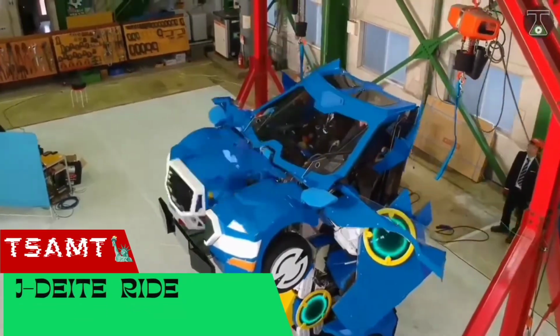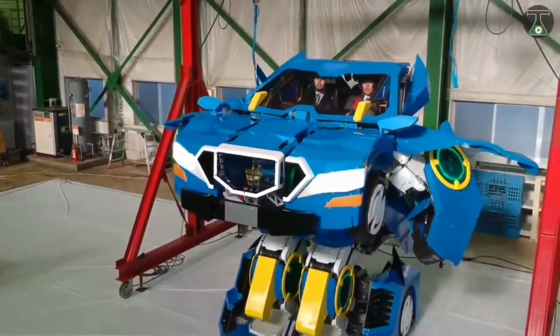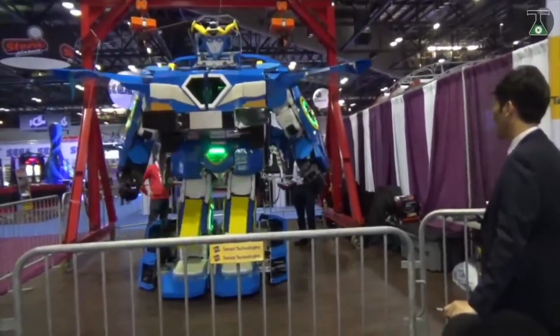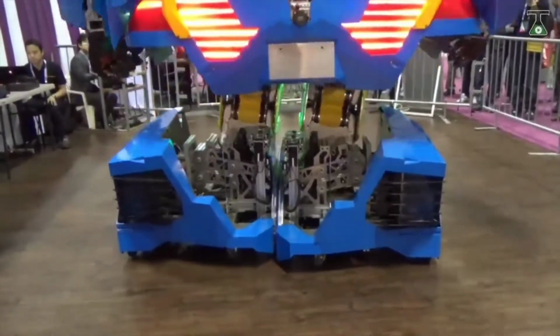The fantasy car, robot and pal you've dreamed about since childhood is real, and it's sitting under lockdown in a Japanese warehouse. Deite ride is a working, transforming robot that can change between a humanoid form and a functional car. Basically, it's the closest thing you'll find to a functional, real-life Transformer anywhere this side of Cybertron, unveiled in Japan